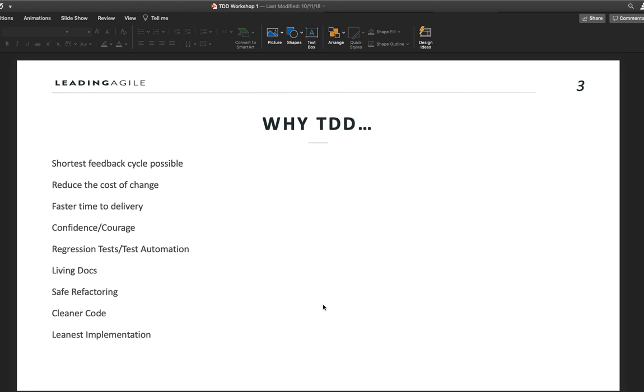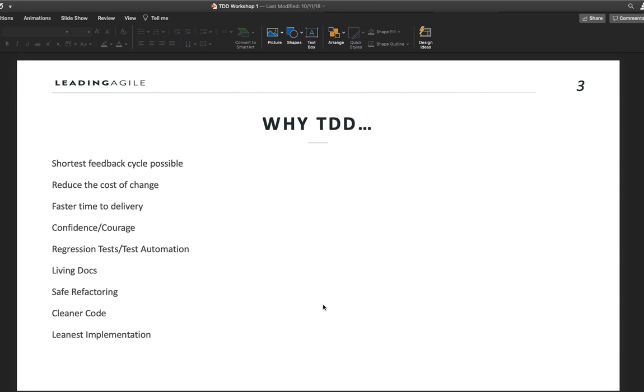including, but not limited to, it provides us the shortest feedback cycle possible. So it tells us whether or not we're building what we intended to build very quickly. It ultimately leads to a reduced cost of change because when we change things, the tests inform us that we're changing things, and it represents in broken tests, right? And so broken tests are okay in the sense that they tell us, hey, you changed something and you broke some tests, but they lead us to you broke the tests you expected to break, as opposed to breaking something